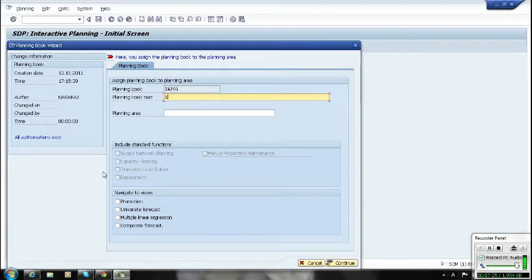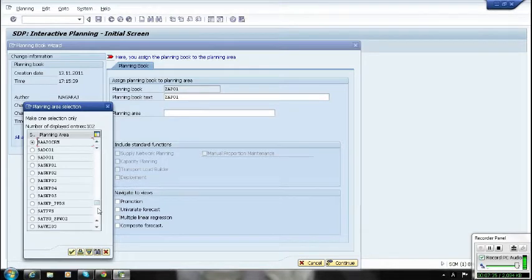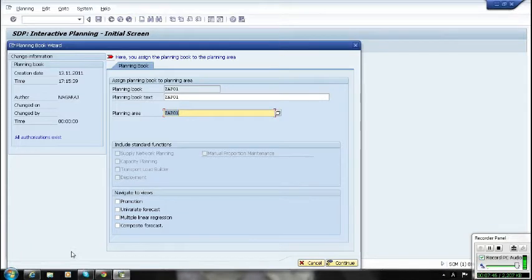Now you can view the text ZAPO1, and the next option is the planning area. So we will select our planning area ZAPO1, so that this planning book will be under the ZAPO1 planning area.